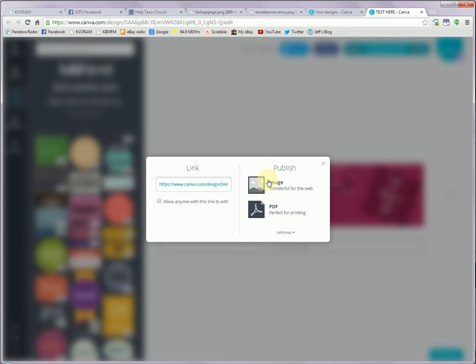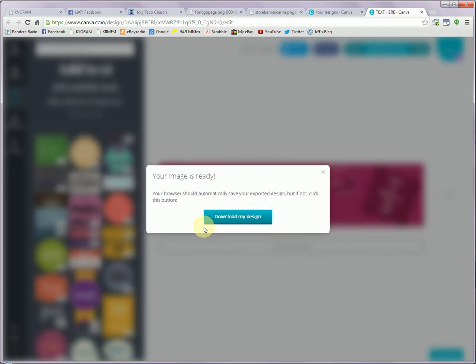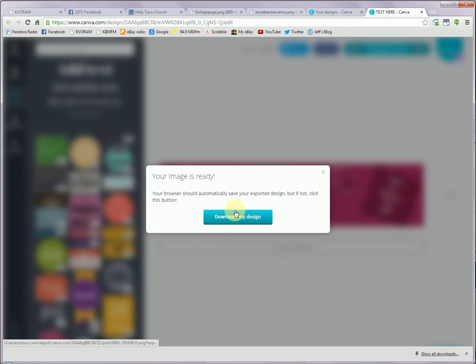And then I want to publish it as an image. So it's saying that because I used only free Canva elements in my own images, this whole design is free of charge. Really, you can make your store banner for everything from free to $5, so it's not going to cost you very much to make your own store banner, except for a bit of your time. Okay, now I want to download my design,